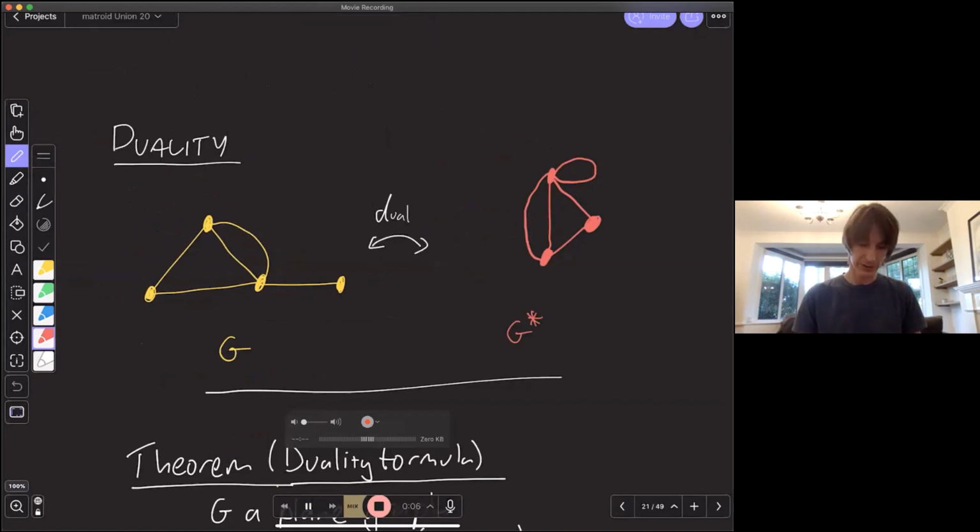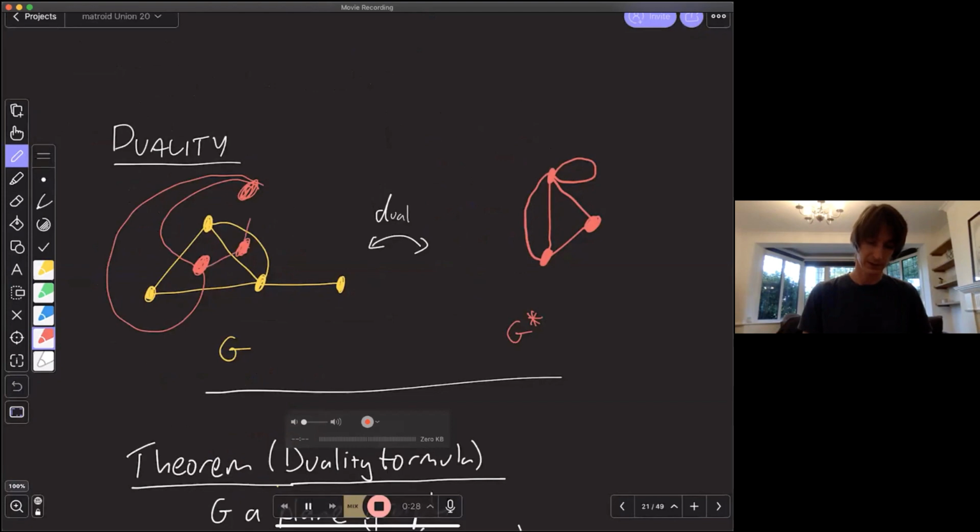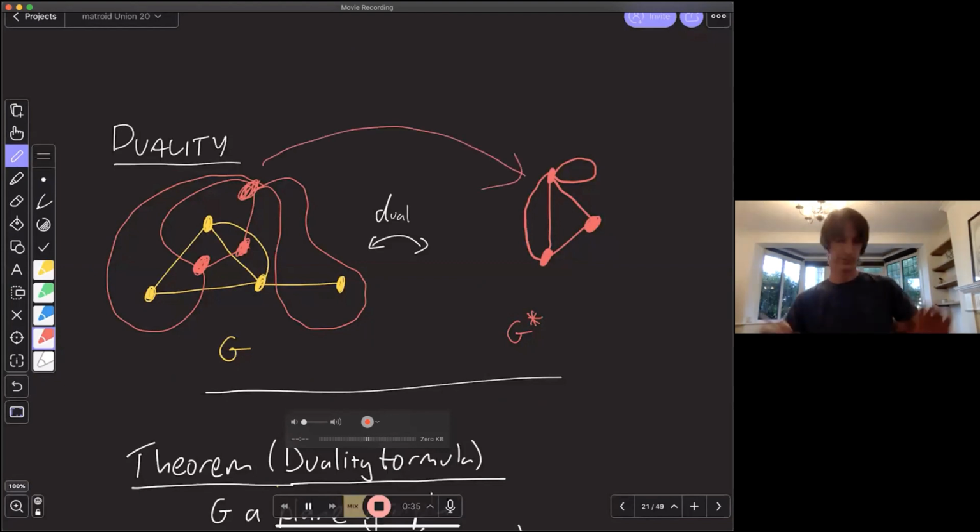So what we're doing is we've got some graph. I draw it in the plane, so we're dealing with plane graphs, and I'm just going to form a new graph from it. So in each of the faces, I'm going to just whack in a vertex. And whenever two faces are adjacent, whenever there's an edge defining them, I'm just going to throw an edge in, like so. And I've got a bridge here, so I'm going to add a loop. And this is my dual graph, which I've drawn over there. Okay, so something we're all very familiar with.